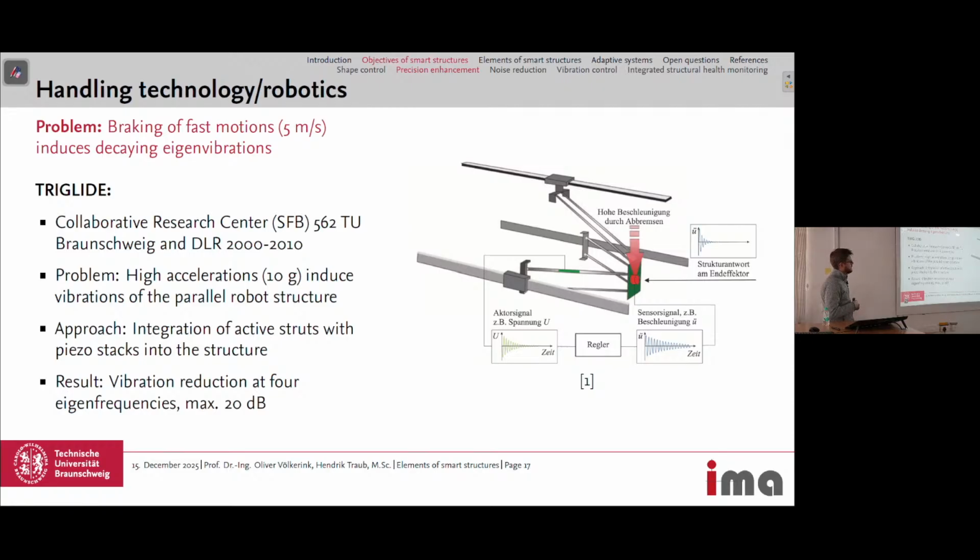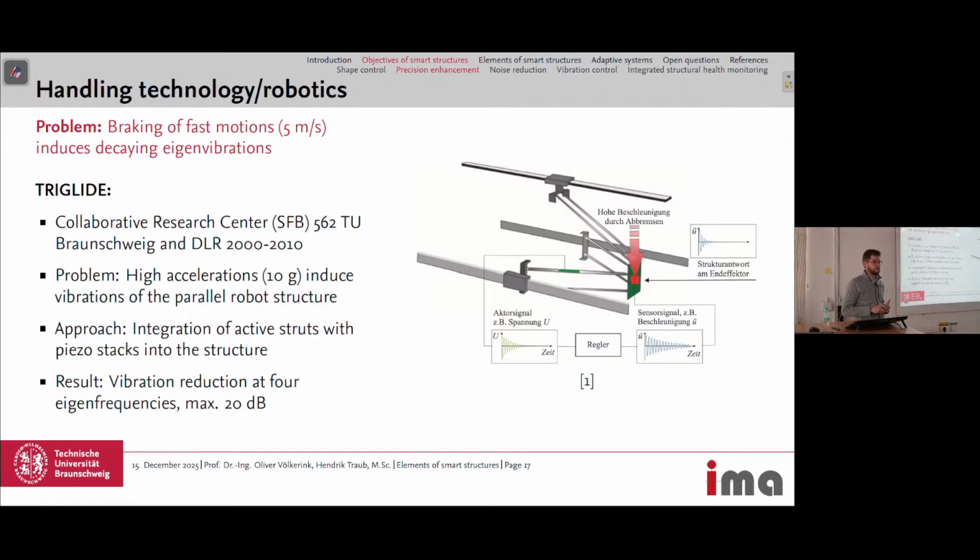Then the next field is precision enhancement, which could also be, let's say, sorted in vibration control. It's on handling technologies or robotics. Here's the challenge: in parallel robotics, like this robot, where the manipulator is here in front, you have fast movements, and if you stop these movements and brake, you have vibrations at this place, which decreases the precision